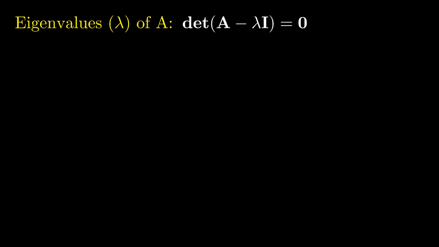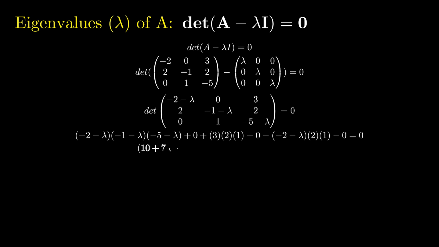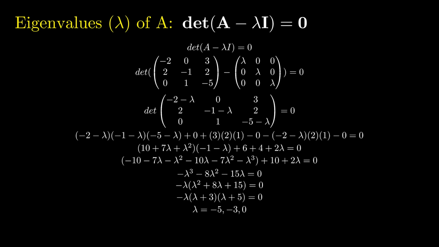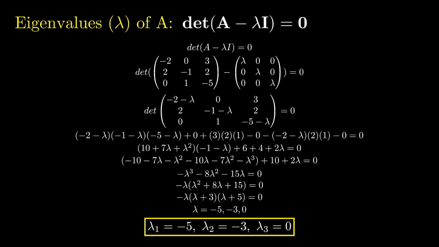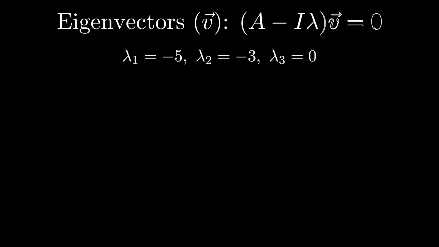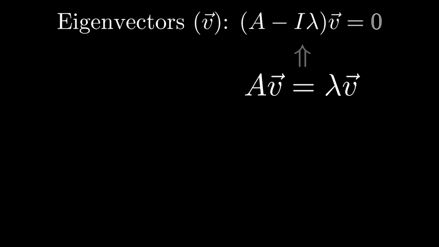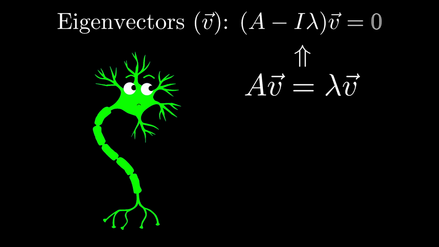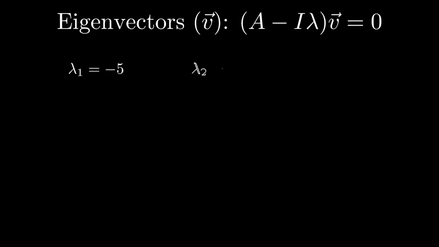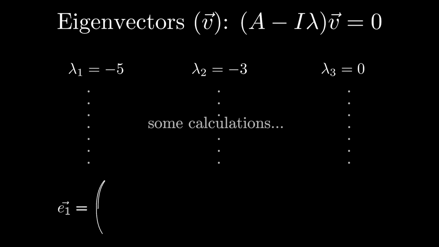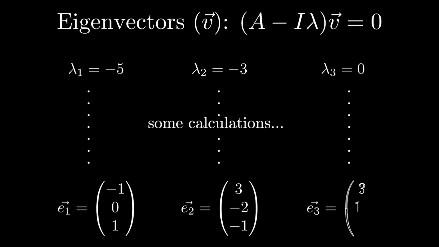We'll start by finding the eigenvalues of matrix A by using this formula. And by doing some determinant calculations and then some algebra, we find that the eigenvalues of this matrix are -5, -3, and 0. Then, using these eigenvalues and this formula, we can solve for our eigenvectors. For those of you who don't know, this formula is derived from the equality A times vector equals lambda times vector, which essentially states that a scalar eigenvalue can perform the same transformation on its respective eigenvector as an entire matrix, which is the essence of what an eigenvector is. But that's beside the point. After performing the calculations, you find that the respective eigenvectors are -1, 0, 1; 3, -2, -1; and 3, 10,